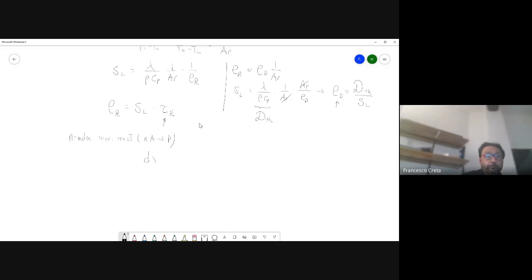Well, if you write it, for example, in terms of the mole fraction,